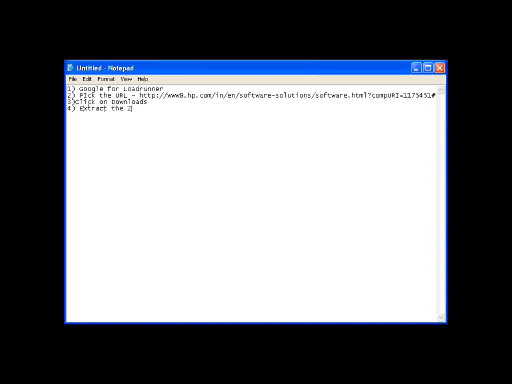Extract the zip folder files onto your local machine and double click the LoadRunner setup file. So once you're done with that, what would you get?